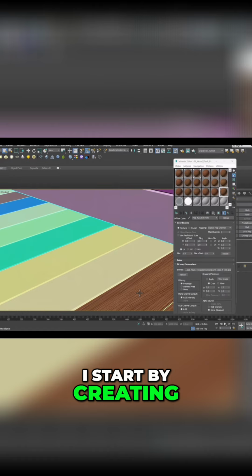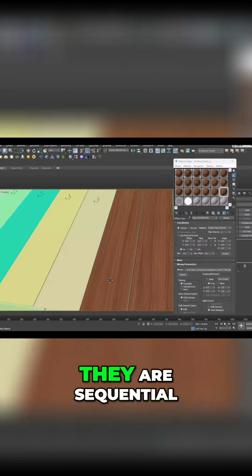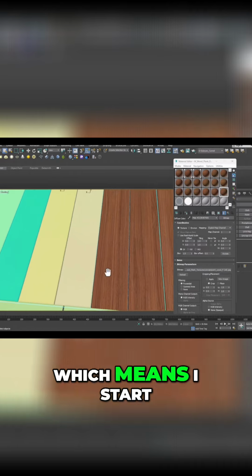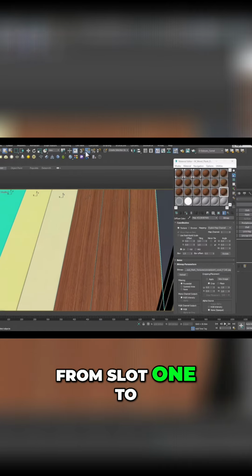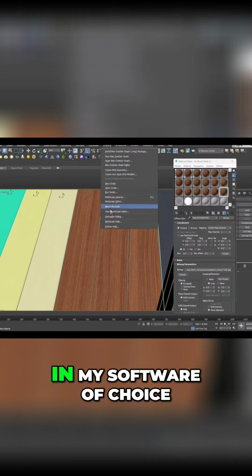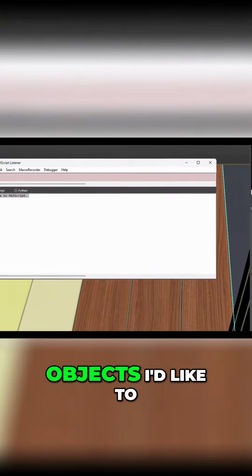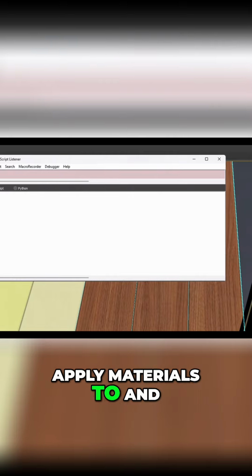I start by creating all the materials I need in the material editor, and I make sure they are sequential, which means I start from slot 1 to maybe 18, depending on how many slots I have available in my software of choice. Once that's done, I select all the objects I'd like to apply materials to and open the